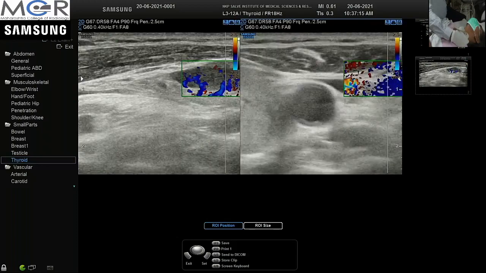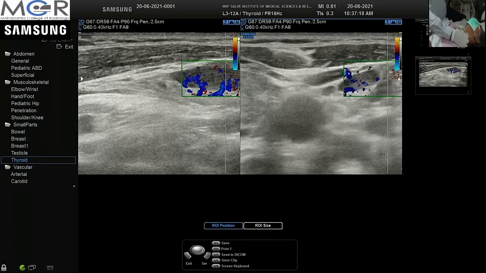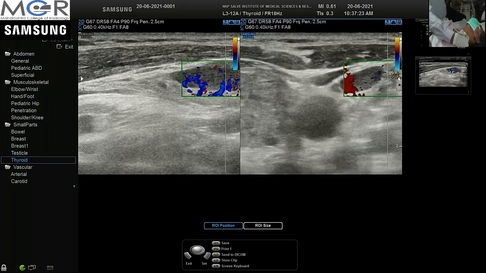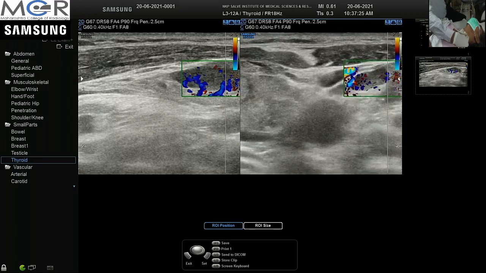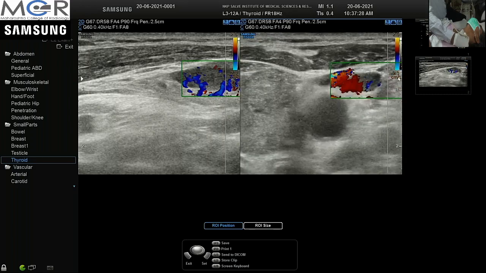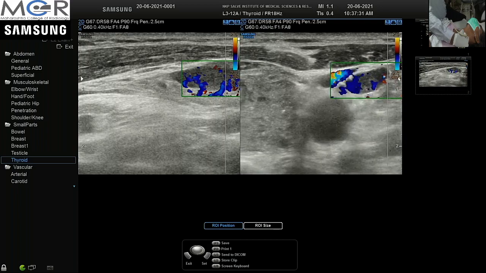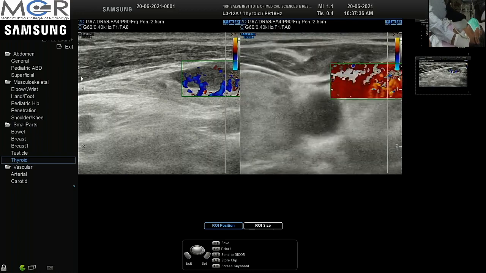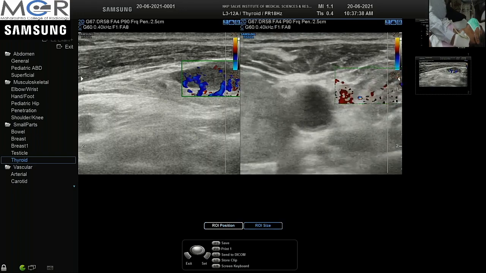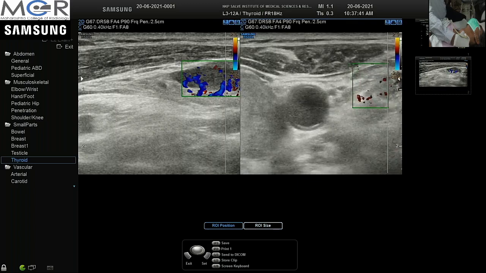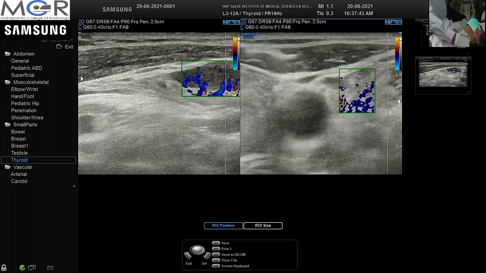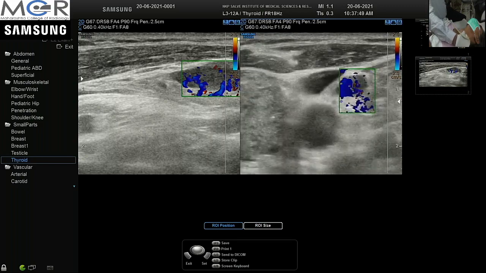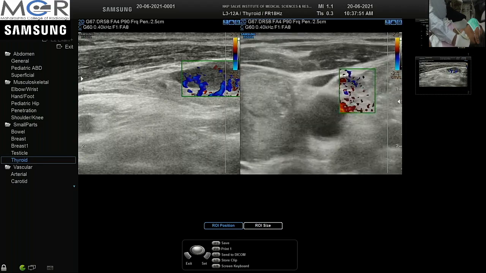Now we scan it in the transverse plane and try to see what we can see. Lymph nodes near the carotid and jugular sometimes don't give you proper Doppler features, because as you see here, carotid pulsations are getting transmitted to the lymph node, and it is hindering our Doppler examination. So we try to reduce the sample size of the color Doppler, and try to see whether there is a hilar vessel there.